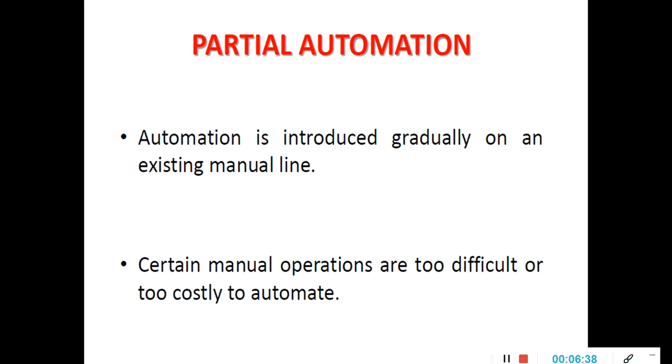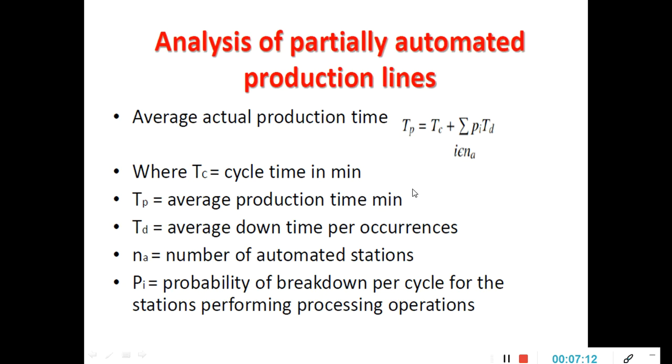So some of the components are going to be made with the traditional machines, and those components which are not made with the traditional machines are going to be made in the CNC machines. So only 2 to 3 machines are going to be automated, and that type of system is known as partial automation. Got the idea? What is partial automation? It is not possible to make the entire factory automated. It may lead to a maximum cost. Therefore, only 2 to 3 machines are going to be automated as per the requirements, and this type of system is known as partial automation.